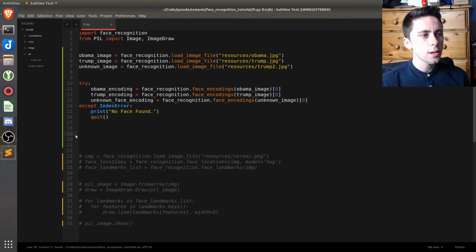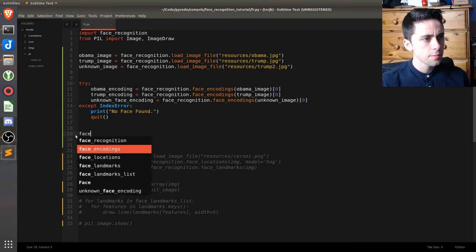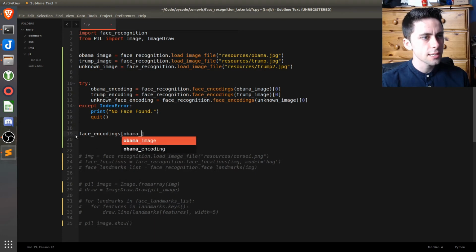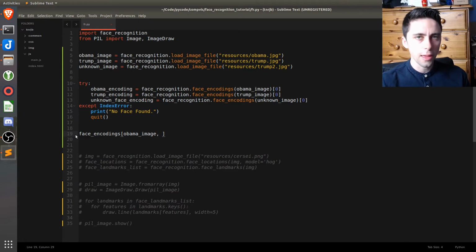So what we could then do is create a list of all of our known encodings. So if we make a list, and we're going to call that face encodings, and you can really imagine this as, imagine you had an app, for example. You would have a database and you'd have a bunch of users. You'd want to store all of the face encodings of all of your users, if it was that sort of app, if they could sign in using face recognition. And yeah, you would then be able to retrieve a list of face encodings from your database, and when they tried to sign in, you could iterate through them and see if there's a match found, and then it would sign in to the correct